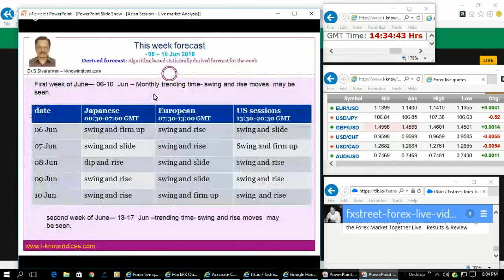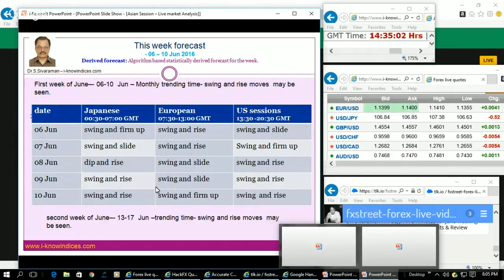So during this week, the monthly trending time, swing and rise moves may be seen in the market. In line with that particular directional move, if you try to take positions, then you will be able to really see profit coming in. And small dips